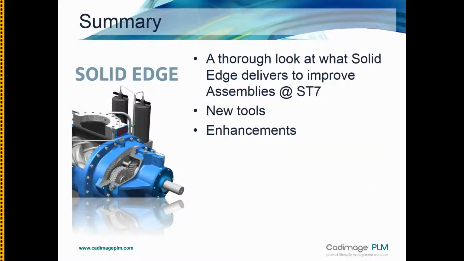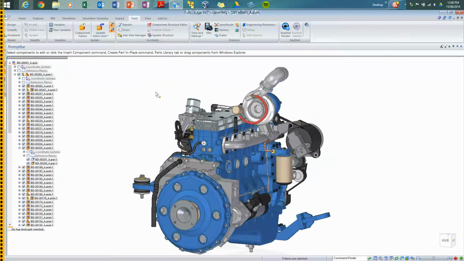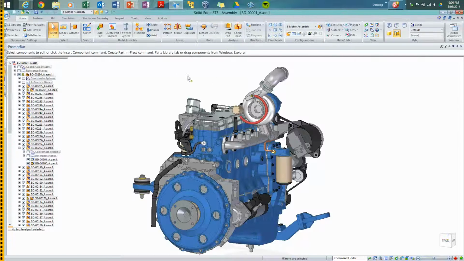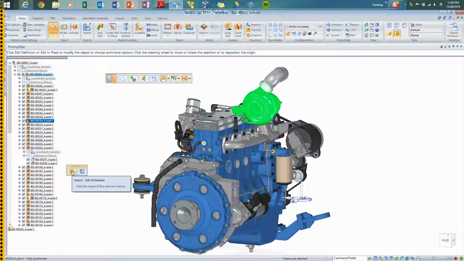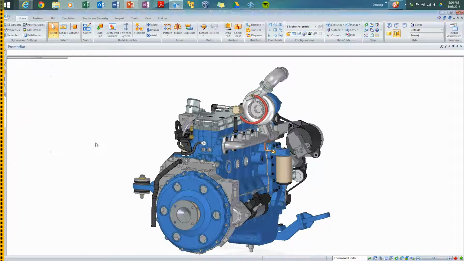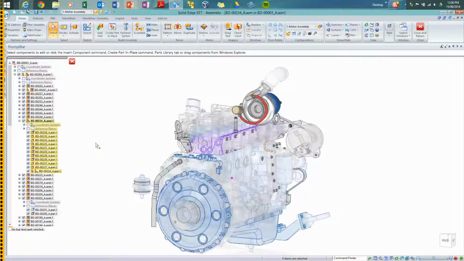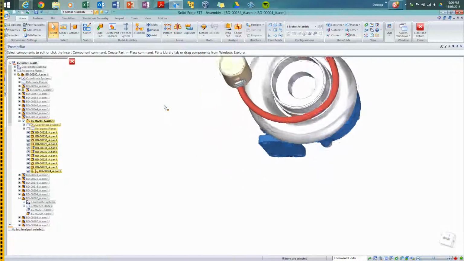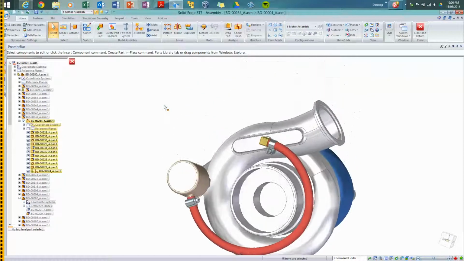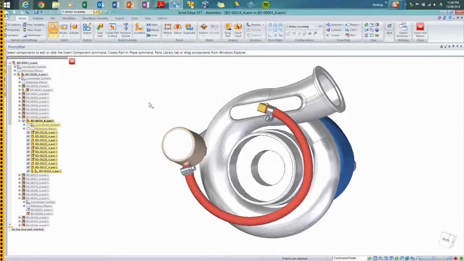And that is a reasonably thorough look through what Solid Edge has implemented and what Siemens have implemented in Solid Edge ST7. Actually, just before we finish off, there is one last little thing to have a look at, and it's something that I haven't covered in any previous webinars. But if we grab that subassembly and we'll edit into it, and we'll just isolate the view. There is one more enhancement which we haven't covered in any of the other ST7 webinars up to this point,